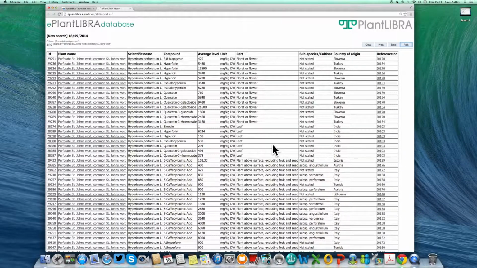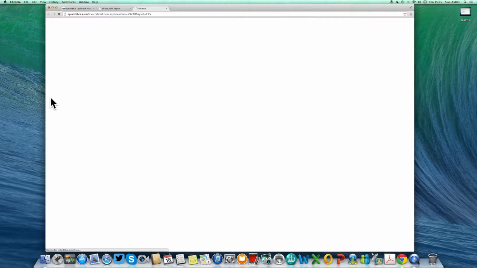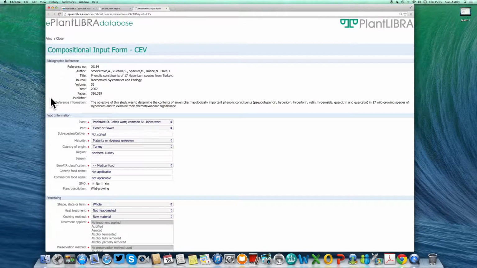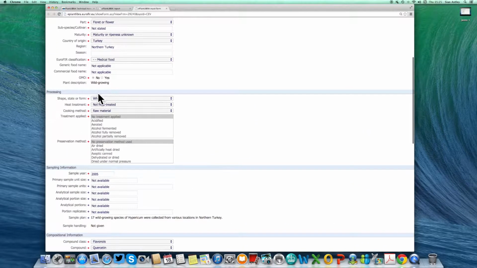Within this report, you can see that there are unique numbers. Each individual piece of information in ePlantLIBRA database is stored separately. So if I click solely on one of these, for example, this, I'm interested in this level of quercetin, this will open the individual input form for that one data point, which has been collected by the evaluator who's added the data. So that's information on the plant, where the plant was grown, how it was grown, any information on